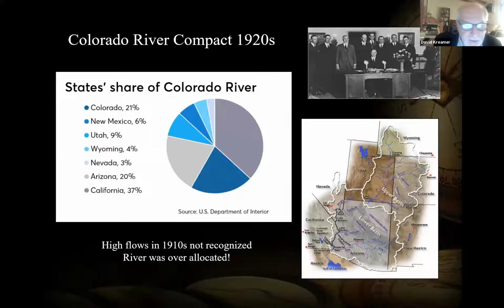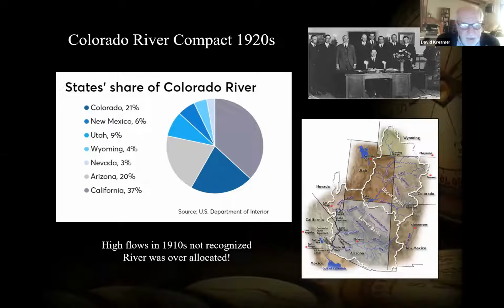Should go back into the history a little bit of the Colorado River Basin. The Colorado River was divided up in the 1920s, and it was divided between different states in the United States along the Colorado River. There are 7 states, and it flows eventually into Mexico. In the lower right-hand side, you can see a map, and it shows the states of Wyoming, Utah, Colorado, New Mexico, Arizona, Nevada, and California. There was nobody living in Nevada, so they got a very small portion of the Colorado River in the decision in the 1920s as to how to divide the river up.